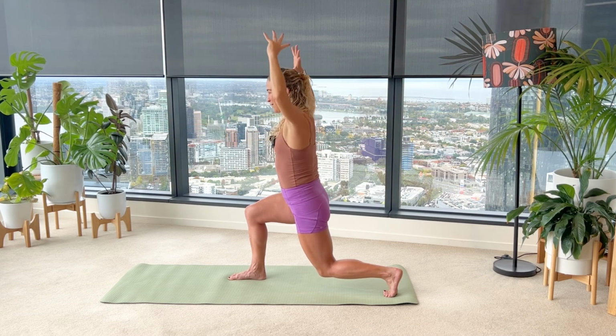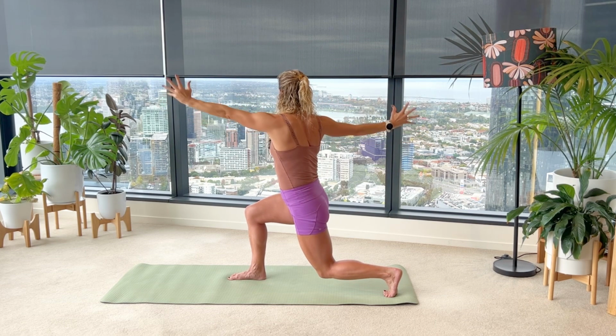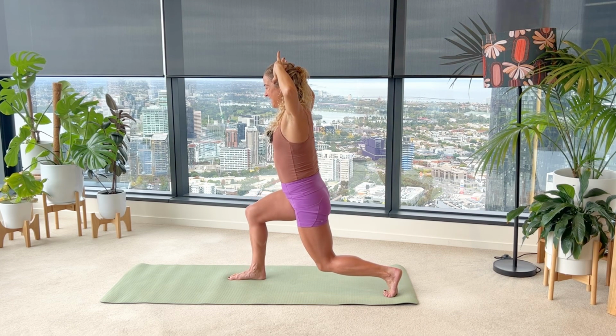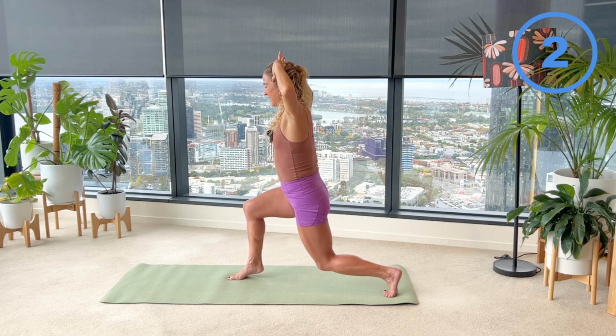This is your last rep. We've got 1 little component here to go. Back to your start position, elbows back. I want you to lift your right heel, lower your right heel. 15 seconds here, lifting your right heel. This is when it really starts to get your quad on the back leg and on that front leg. You have 10, 9, 8. We'll drop it all the way down, have a little stretch in 6, 5, 4, 3, 2, and you can